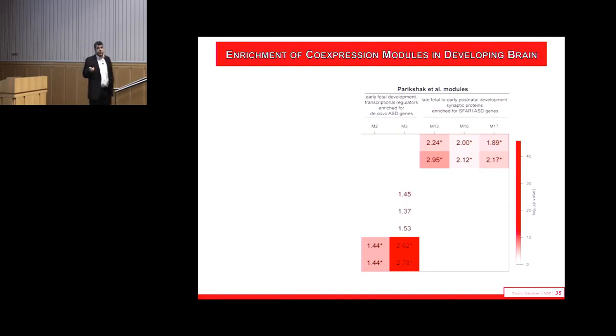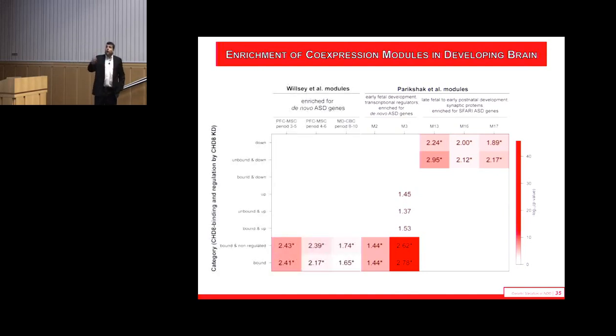And if we layer CHD8 data over a second study that did the same thing in BrainSpan, we find the exact same pattern. So what we find is this sort of master regulator of many, many different genes actually touches on a number of different pathways that have been associated with autism neurodevelopment. And we weren't able to tease those apart until we actually looked at the integration of multiple different functional genomic data types.